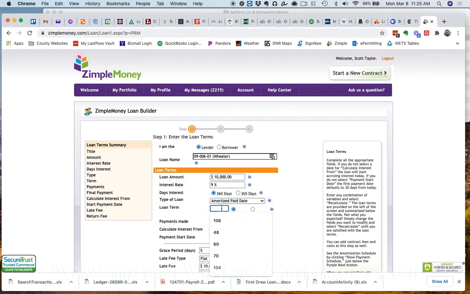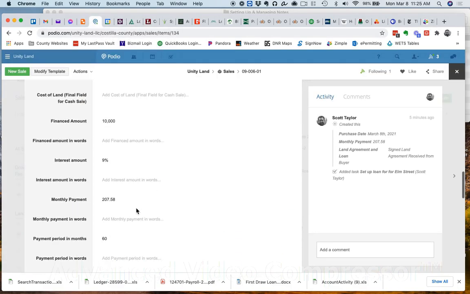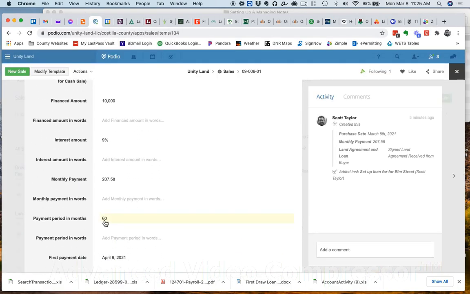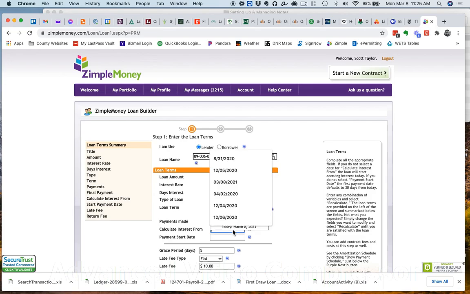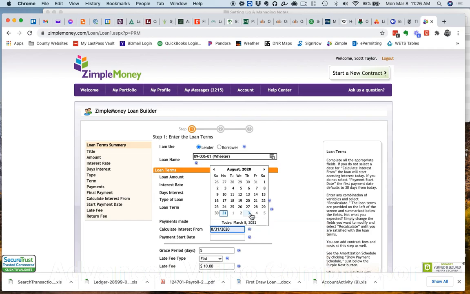Loan term in months, or we could do years too, I suppose, but we usually do it in months. Payment period in months, 60. Payments made monthly. Calculate interest from, that's today, the day that we're setting up the loan. That's when we start typically. So that's March 8th,